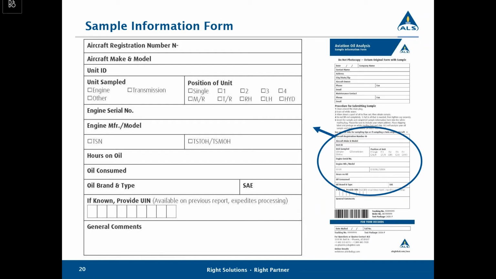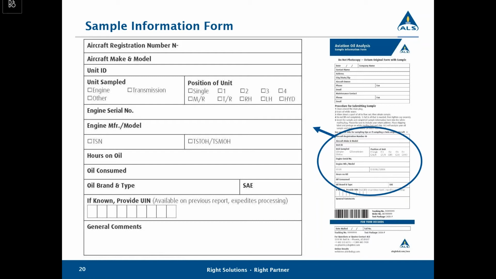The engine manufacturer model is very, very important as well. That's how we really determine what's normal and what's not normal. Now, I do get a lot of questions about what are the limits for each? And it can be difficult because each aircraft is flown very uniquely, but we do have general limits for manufacturers and models. And so we really like to have that information to make sure that it falls